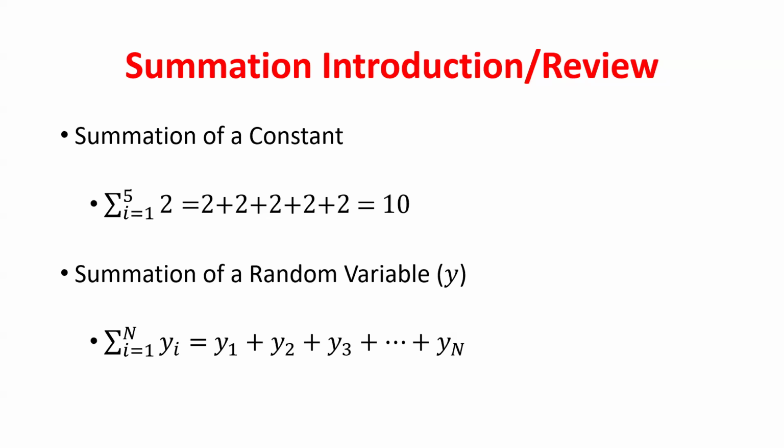Now, we're generally going to use this to calculate means, not just adding up a constant. So generally, we're going to say, okay, take this random variable y. This was the math score. Go to the very first student, take that number for y, their math score. Then go to the second student, add to that their math score. Go to the third student, add to that their math score, all the way to the very last student in